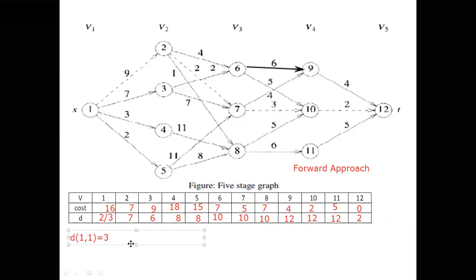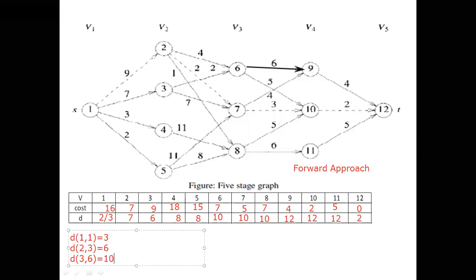Now the next value: how to write the second stage. D of 2 comma, what is the value? I got it here, 2 comma 3. What is the D value of 3? It is 6. Now next is D of the stage 3, 3 comma, what is the value? We got it here. Why is it 3? First stage is done, second is done, now it is the third value, it is 6. Which is the 6? This 6 we calculated previously, that 6, D of 3. 3 is the stage, 6 we have to search as the D value.